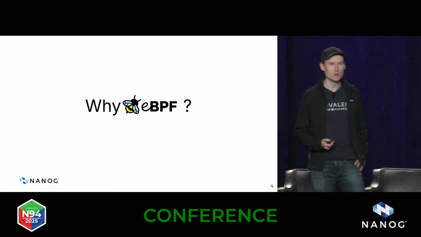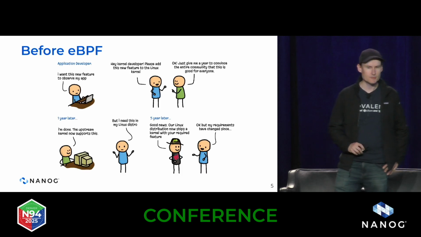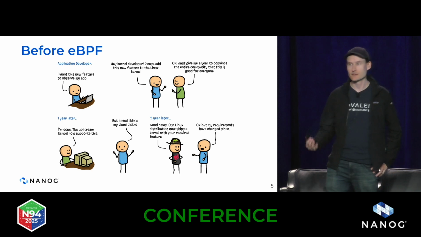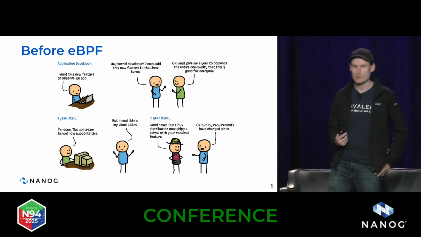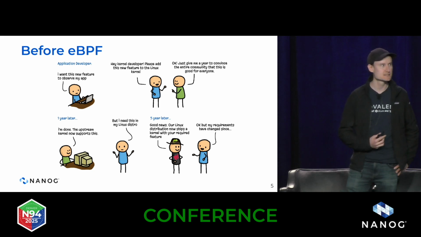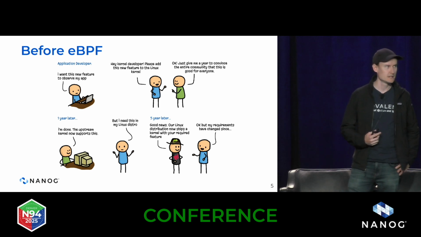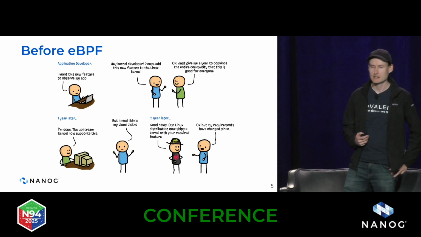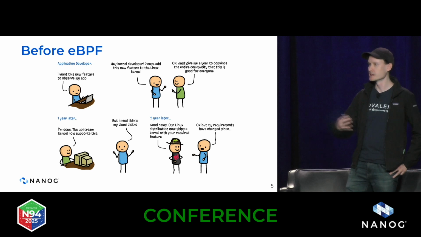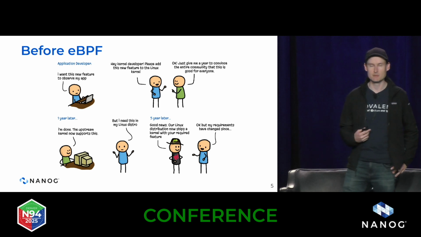So why is eBPF important, and what makes it different from previous approaches? Previously, if you had some interesting idea about how you might want to extend the kernel and maybe do something interesting in the network on the host, you would go and have a chat with your local friendly Linux developer. You would explain the idea to them, and maybe they'd go away and hack and build that implementation. But then for that feature to be included into the Linux kernel, they need to get the community on board with that same idea.